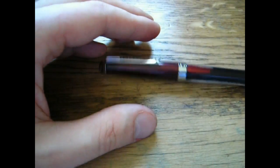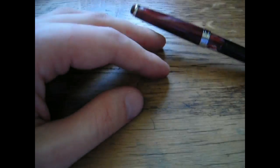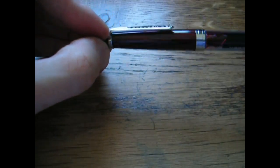Of course, it makes sense to start with a cheap pen or even a free pen like this, and then move on to more expensive pens if you would like to do it. And if not, then just send your pen to a nibmeister. But of course, I'm not going to send a free pen to a nibmeister to have it smoothened out, right? Okay, so